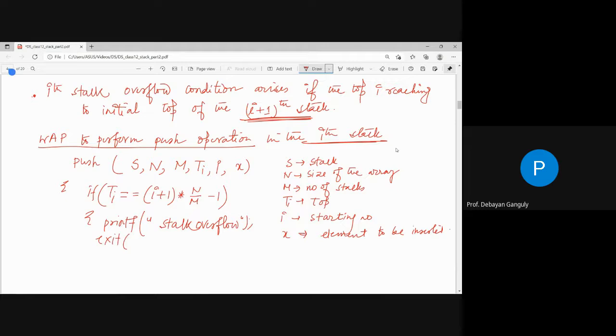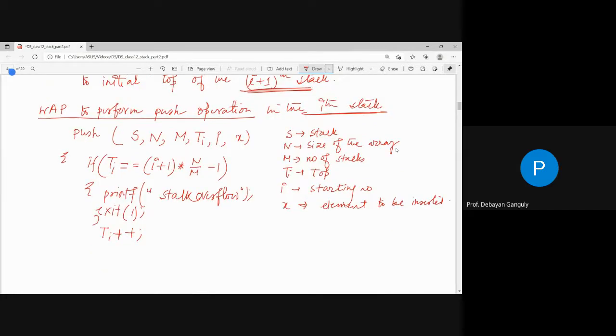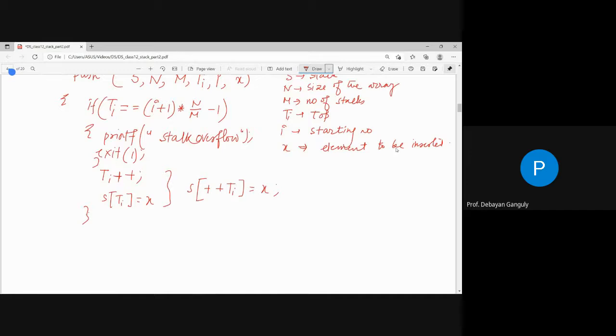and I am to just exit. That means আমি ইনসার্ট করতে পারবো না। যদি সেটা না হয় আমি কি করব, আমি জাস্ট এটাকে বাড়াবো, যেমন নর্মাল প্রসিডিওর, টপটাকে বাড়াচ্ছি এবং এই টপে আমি এলিমেন্টটাকে ঢোকাচ্ছি, জাস্ট সিম্পল একটা স্টেপে ইউ ক্যান রাইট লাইক দ্যাট। আমরা আগের দিনও বলেছিলাম, দেখো কোনো চেঞ্জ বেশি নেই, শুধু কন্ডিশনটা চেঞ্জ। যদি কন্ডিশনটা বুঝতে পারো তাহলে ইমপ্লিমেন্টেশন করতেও কোনো অসুবিধা হবে না। মাল্টিপল স্ট্যাক ইউ ক্যান ইমপ্লিমেন্ট।